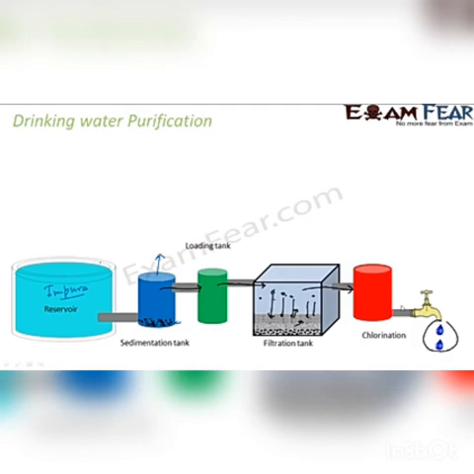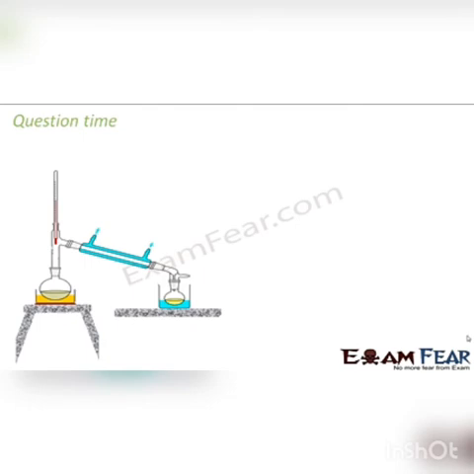Okay, please note here these sand filters have charged particles. These charged particles attract the impurities from the water. This is the typical process by which impure water, typically from a lake or from any water body, a river, is purified, and you get that purified water in the home. Let's take some numericals now.